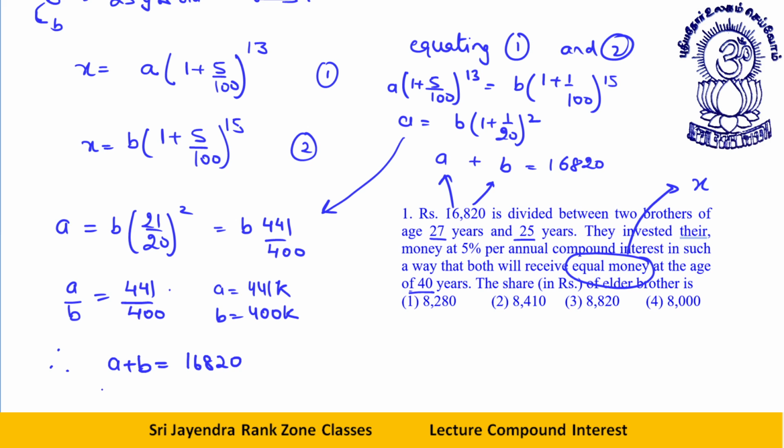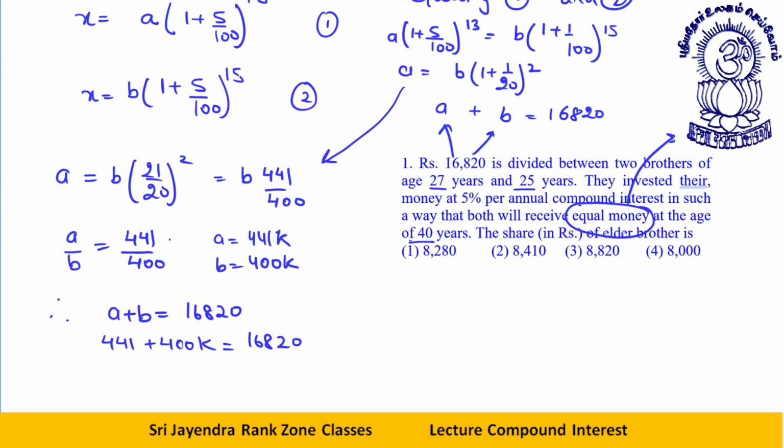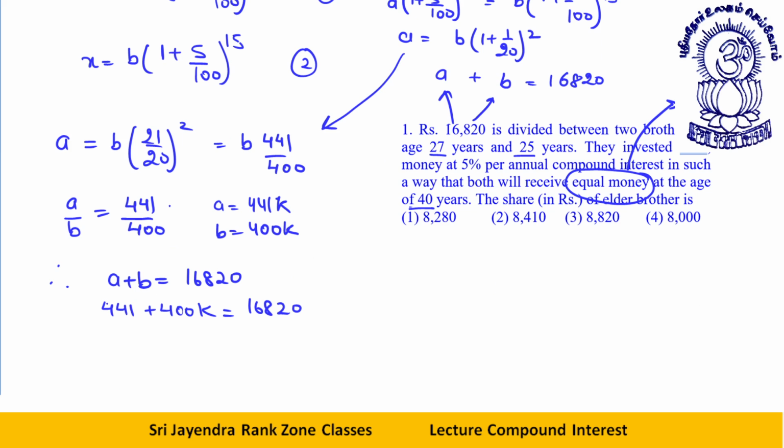That is 441k plus 400k is equal to 16820. What do we require? The share of the elder brother. That is, we require 441k. So first of all, 841k is equal to 16820, and it's not hard to figure out that this is